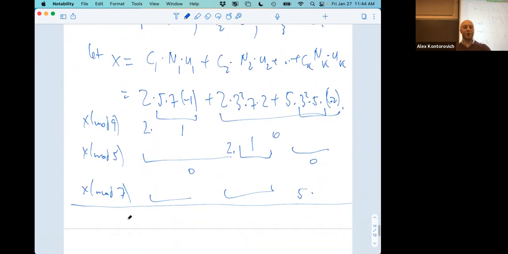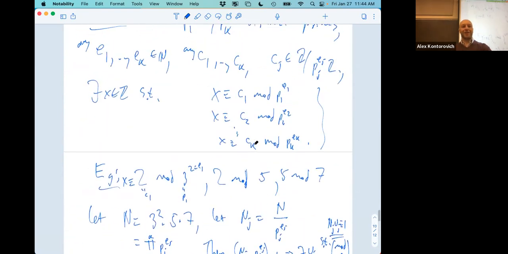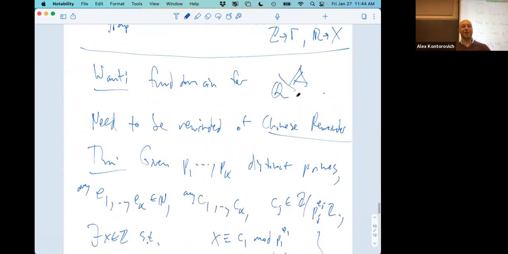Assuming there's no obstruction. So next time we will use this fact to try to understand a fundamental domain for the discrete action of the rationals on the ring of adeles. Just this version of the Chinese remainder theorem is all that will be needed. All right.